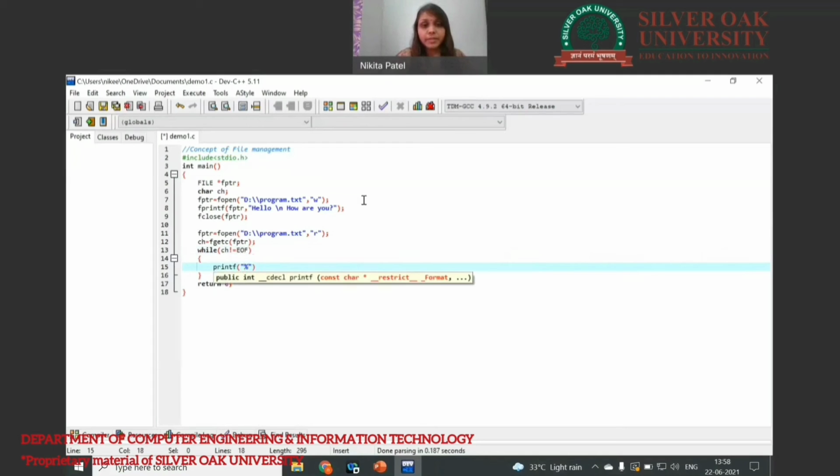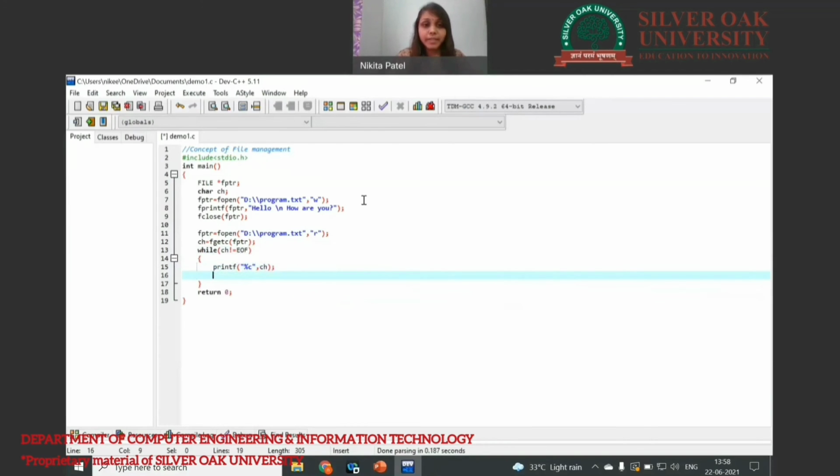So printf %c ch to the terminal, and then again ch is equal to fgetc fptr. The fgetc function returns one by one character until the end of the file.